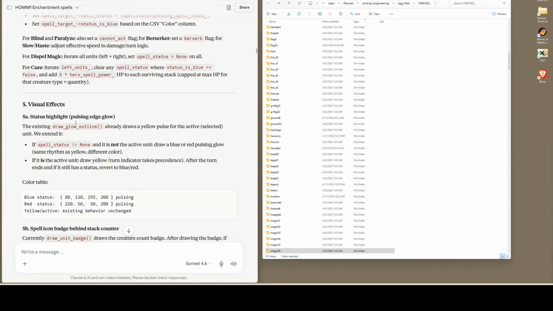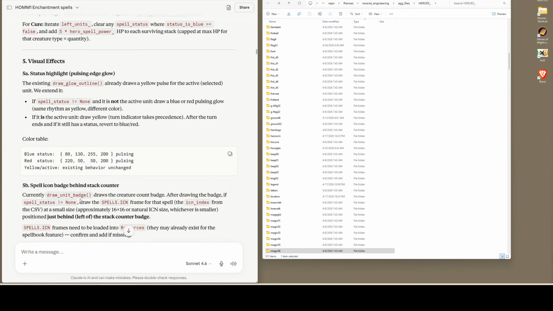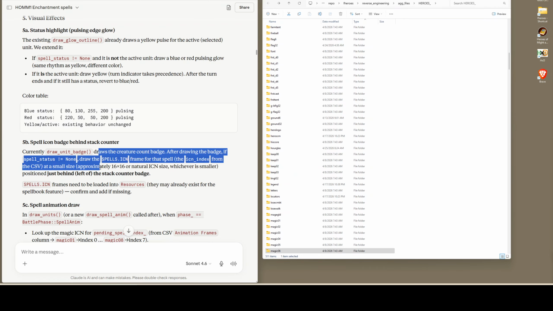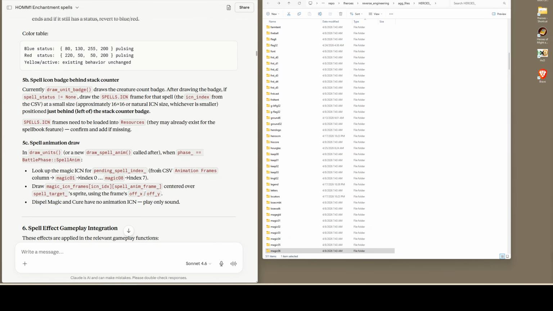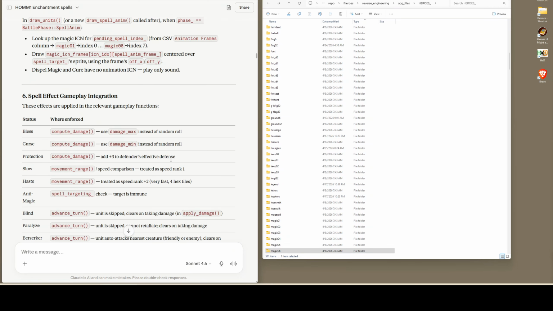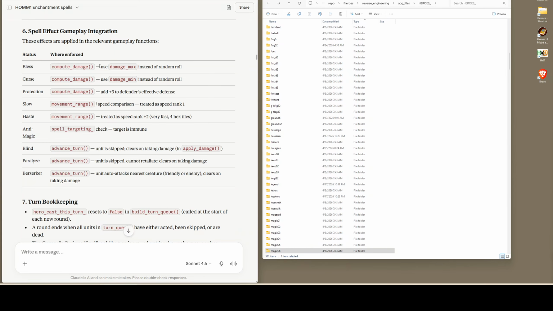And then the visual effects, we have this pulsing glow outline. I guess it sets the various colors, but pulsing for blue and red. And let's see, spell icon badge behind the stat counter. So this selects the spell icon. This makes it a small size, which I don't actually think is what I wanted, but maybe I'll correct that later. And then it highlights the